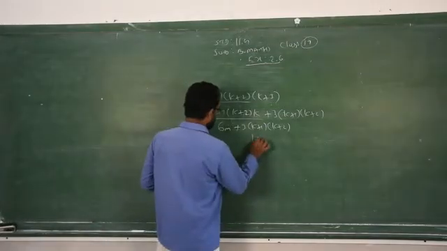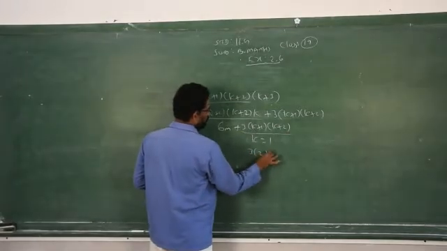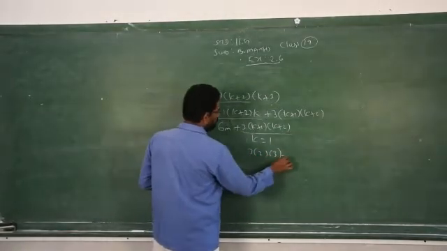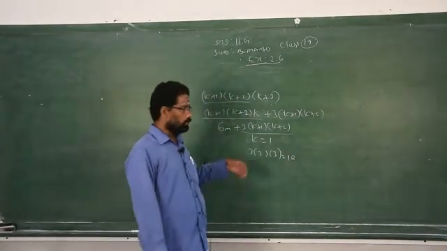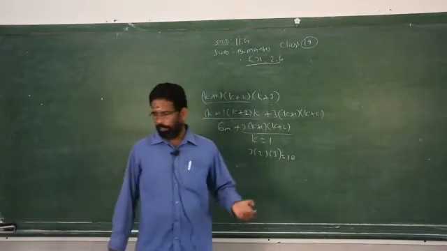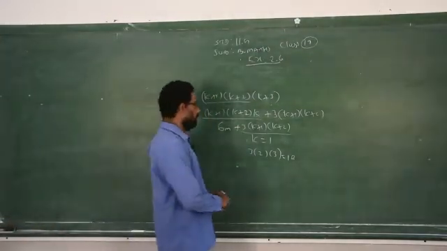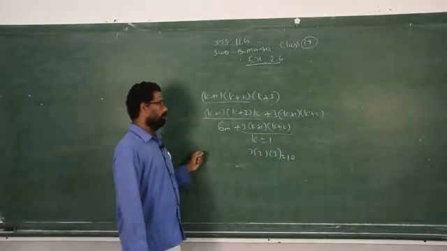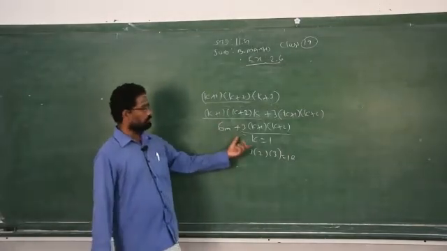For example, if I replace k is equal to 1, see this alone, 3, 2, so 3 3s are 9, 9 2s are how much? 18. 18 will go in which table? 6 table, and so on. So if you replace k by any value, that should always be divisible by 6. Therefore, you have to write the conclusion: P of k plus 1 is true whenever P of k is true. Clear? I just left these two steps only.